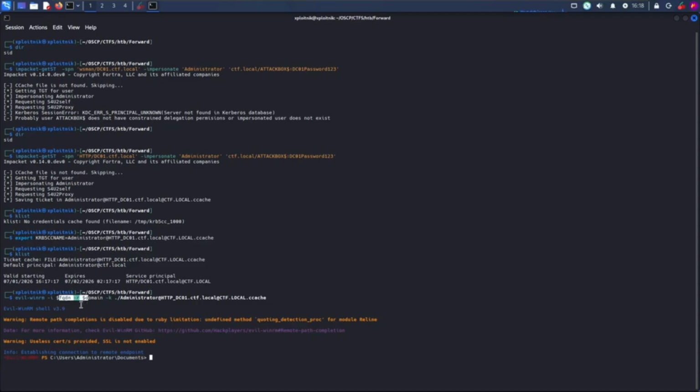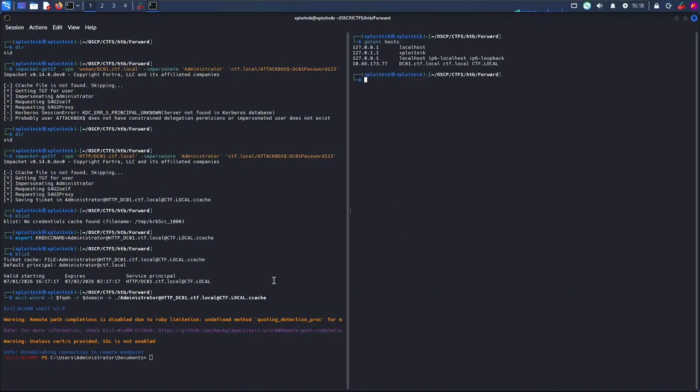I did set up the fully qualified domain name and the domain as DC. This is the fully qualified name, and this is the domain name, which I created as variables earlier. And here it is. We got a WinRM shell as the administrator. So this is just a proof of concept, so I can show you